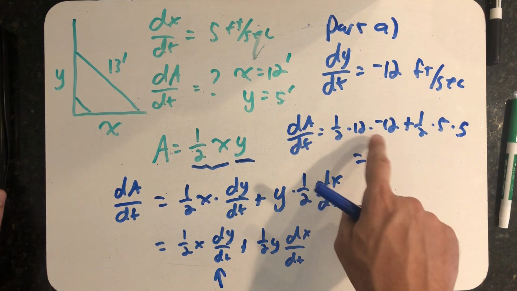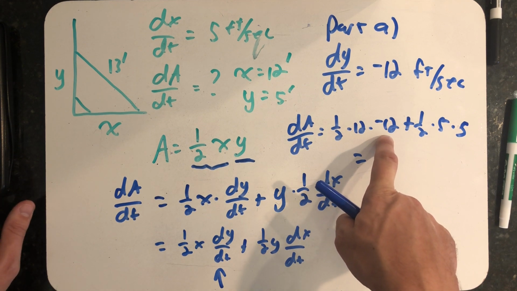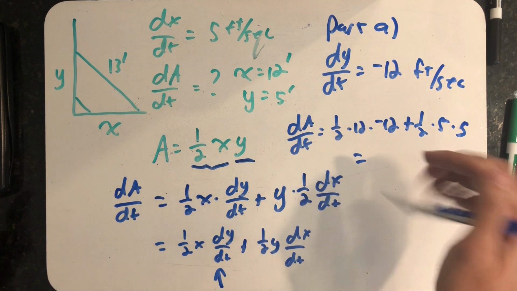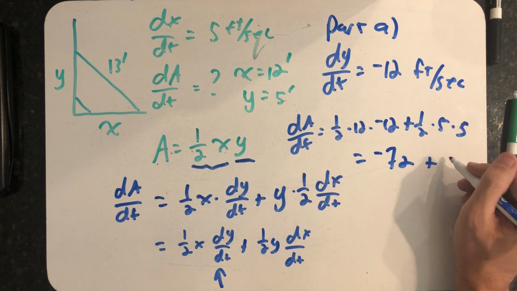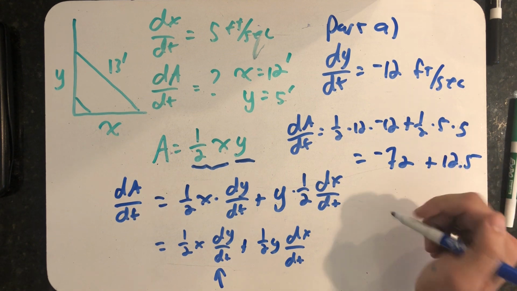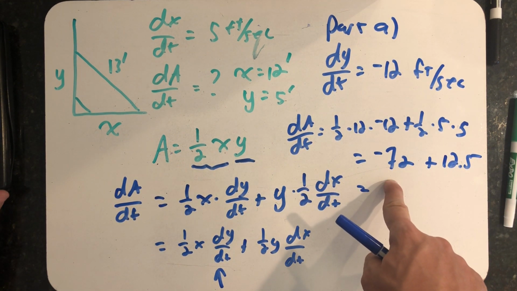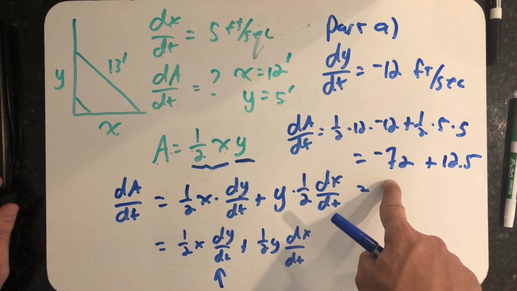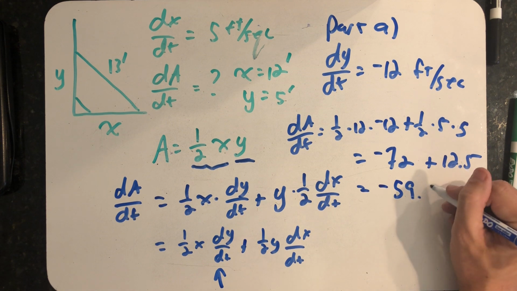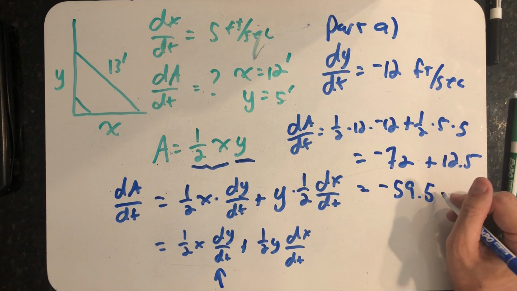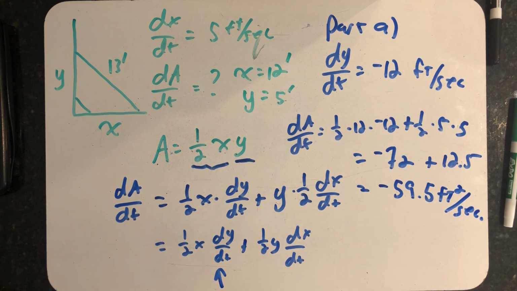All right, so let's see. 12 times 12 is 144 times 1/2. So that first part would be minus 72 plus 25 over 2, or 12.5. All right, so 12.5 minus 72. And I find that area is changing at a rate of minus 59.5, and those would be square feet per second. To express that in words,